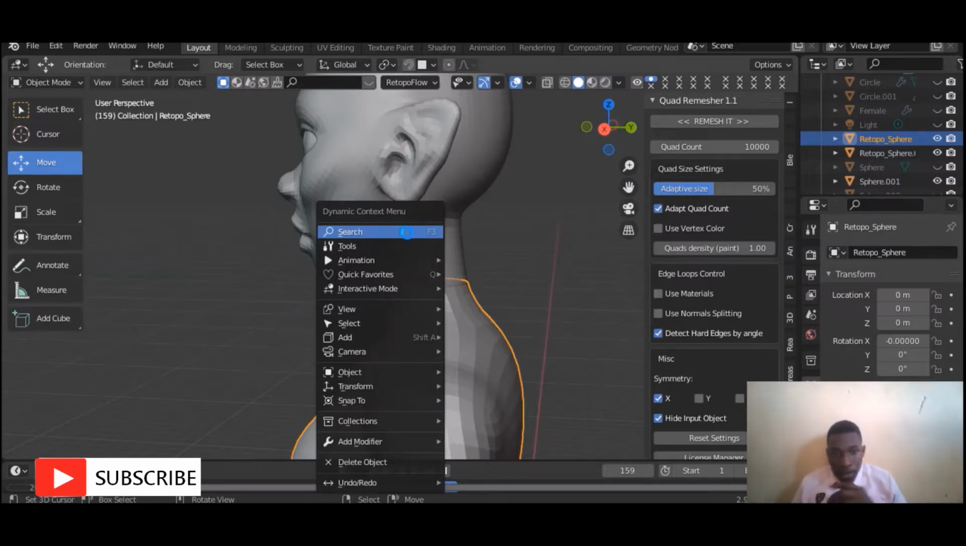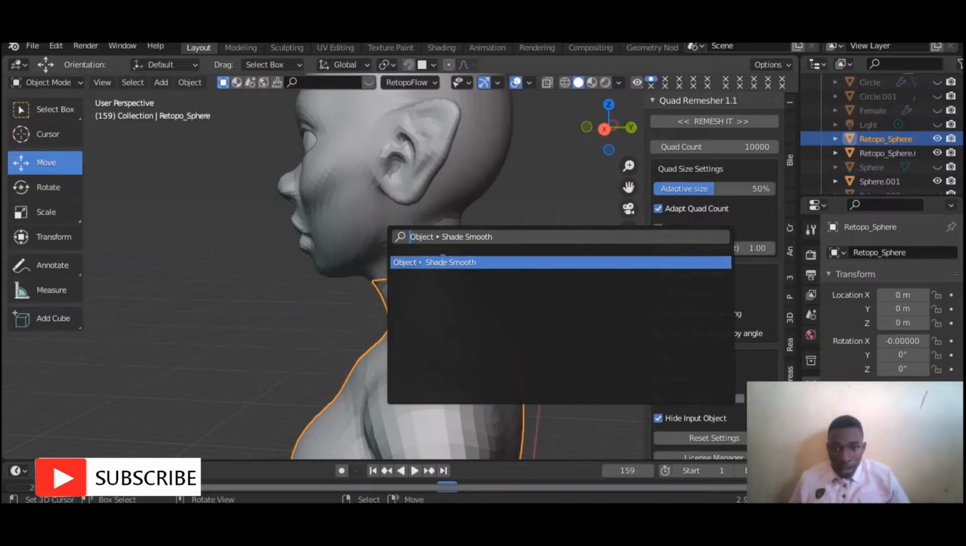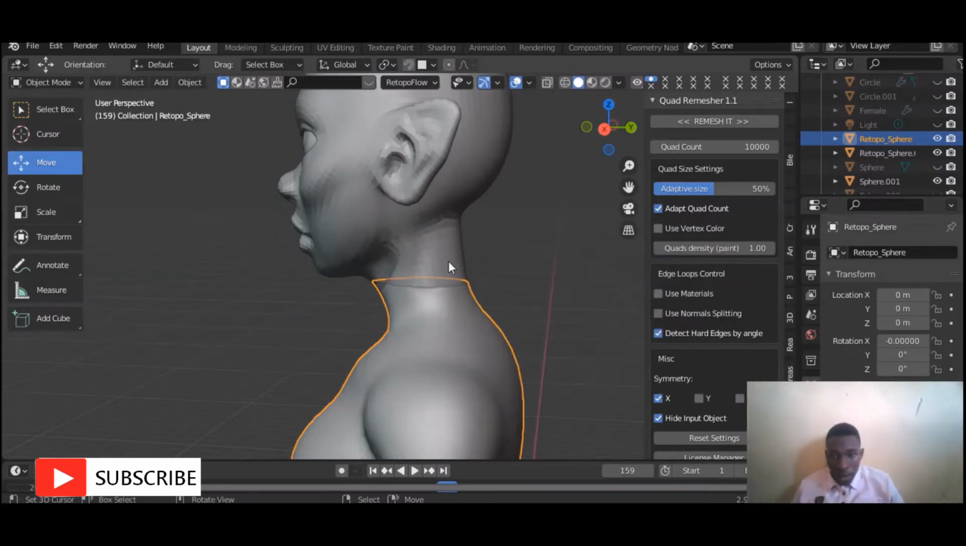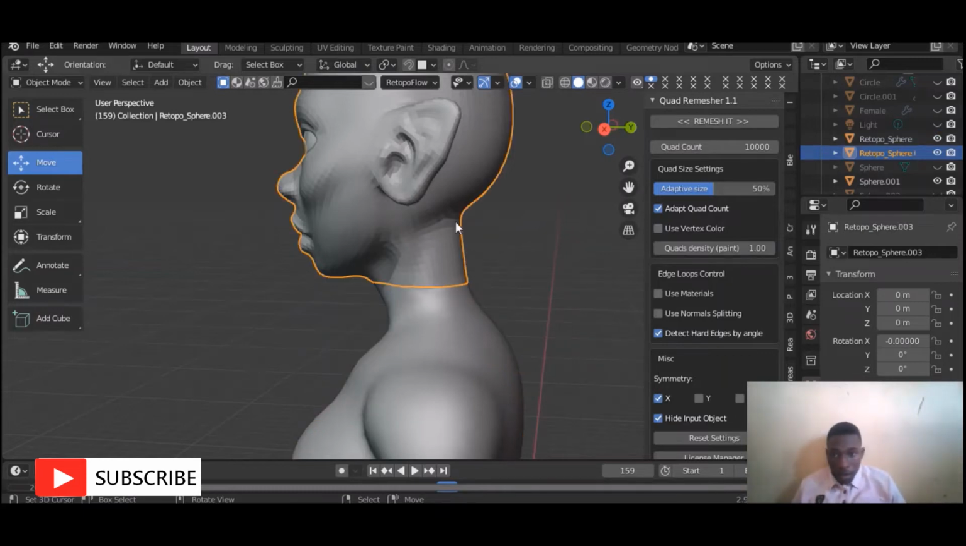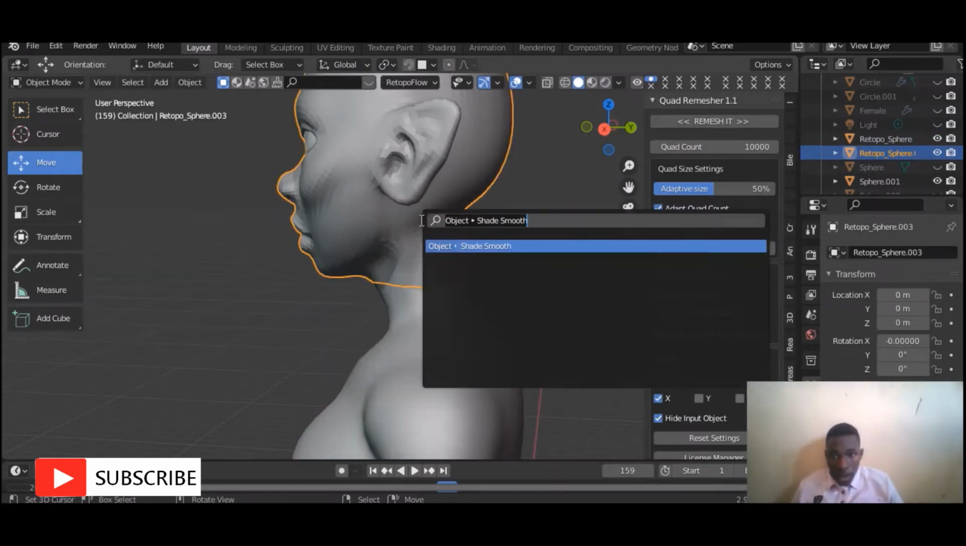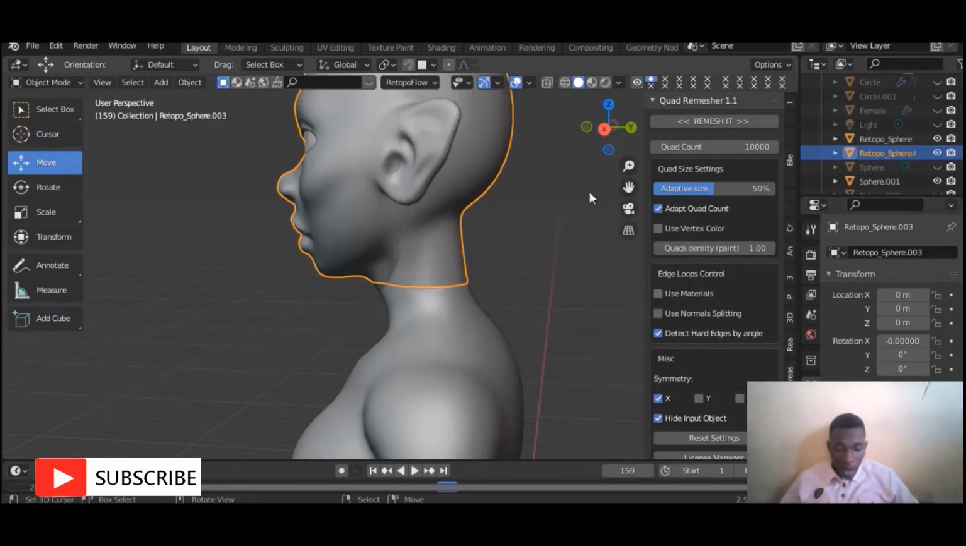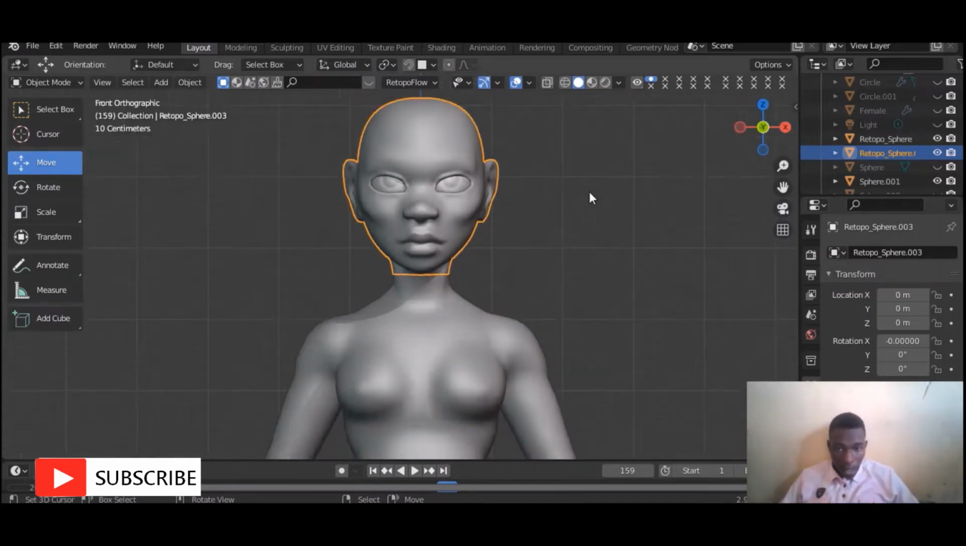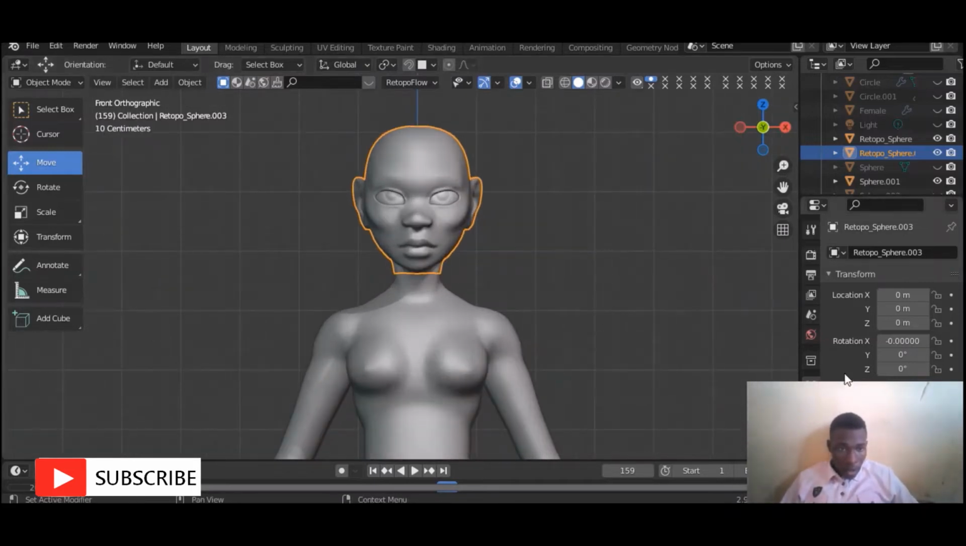And searching shade smooth, like object shade smooth, so that it'll be smooth. Search shade smooth. Both objects are already shaded smooth. The next thing we are going to do